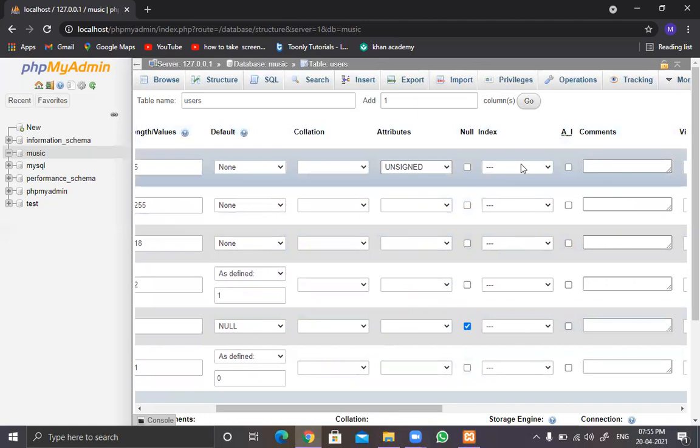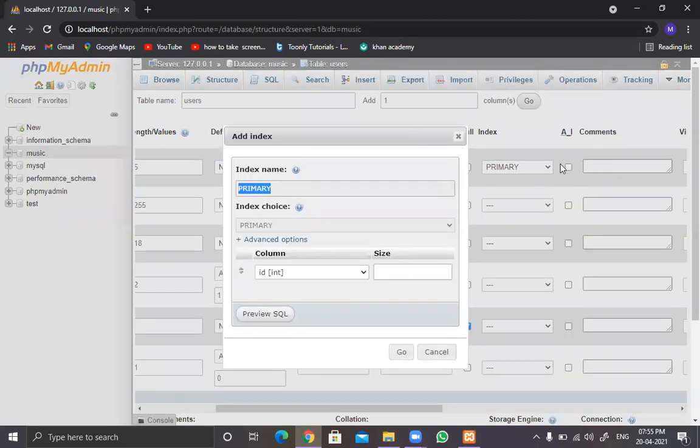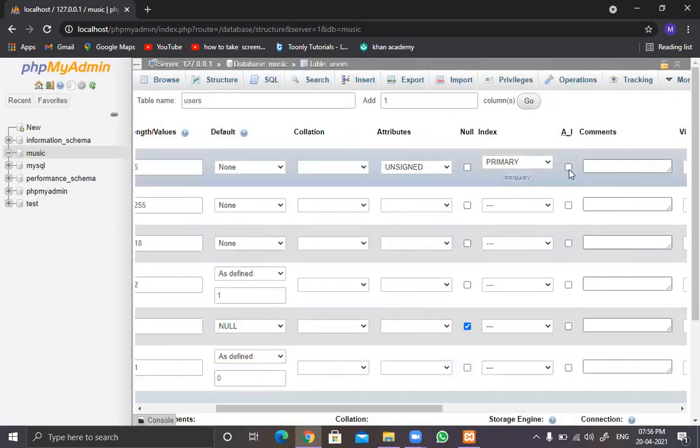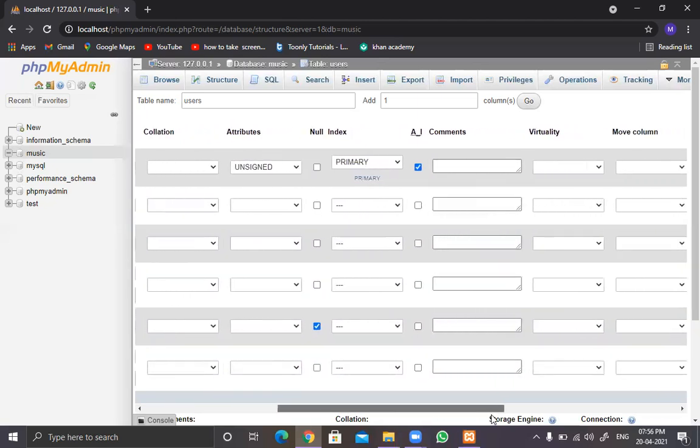Yes, I want to create an index on this. The ID number should be primary, and just give it a name. I'll be keeping this as 5 digits, and it should be auto incrementable. That's it. Rest of the settings I don't need anywhere.